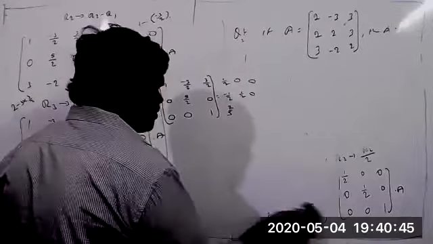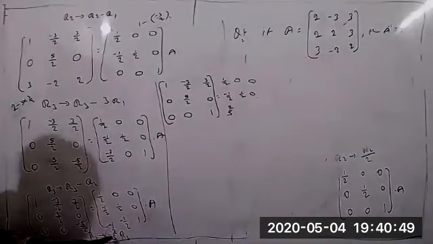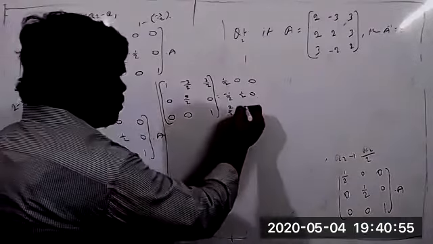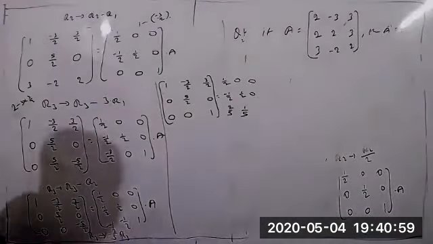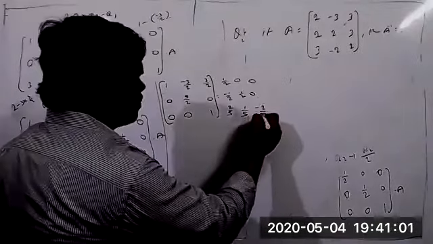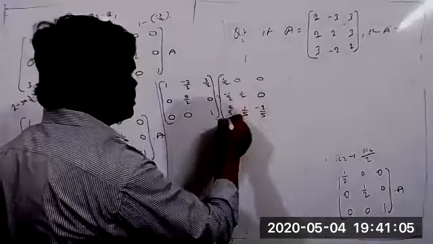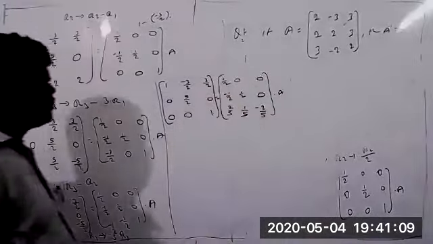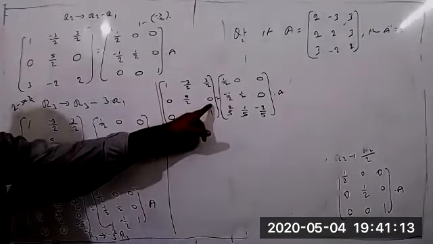So the place is not sufficient. So 2 by 5. So minus 2 by 5 into minus 1 by 2. 2 will be cancelled. Minus into minus equal to plus only. So what about remaining here now? 1 by 5. Next, minus 2 by 5 into 1 equal to minus 2 by 5. Minus 2 by 5. Correct? 0 and 0. This is into A. Into A now. So 1, 0, 0, 0, 1 we got. Around 0 we got now.